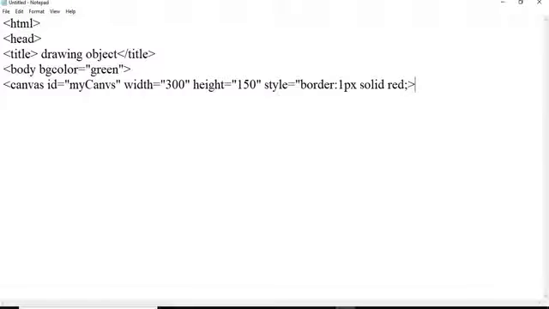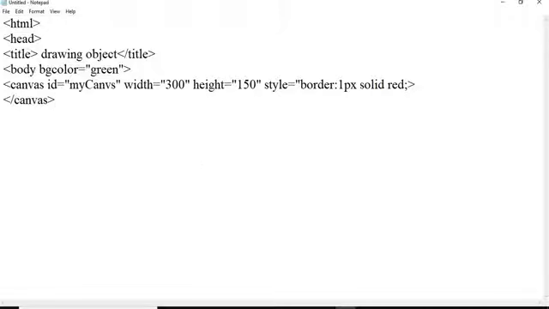Then I will close the style of this id. As we have included the canvas, we have to close the canvas tag. This is a new concept we have not seen in a previous program.